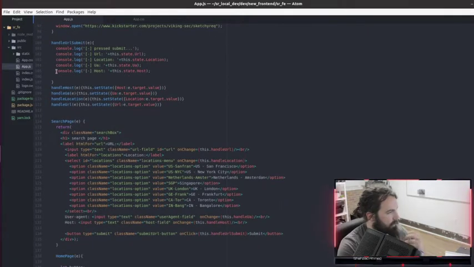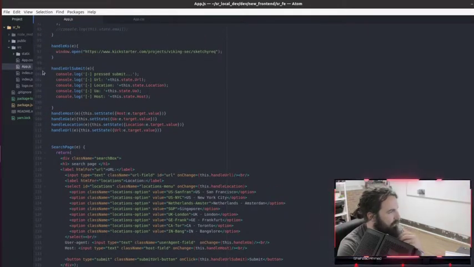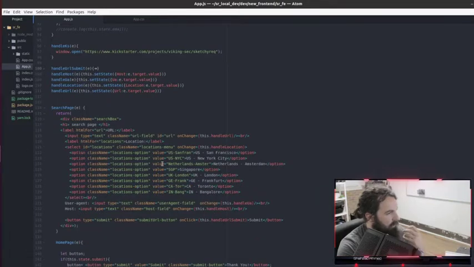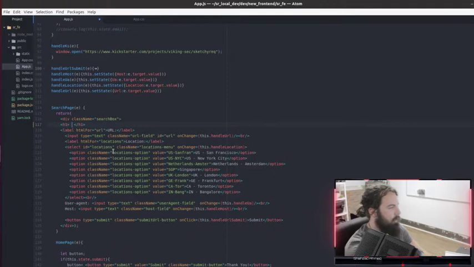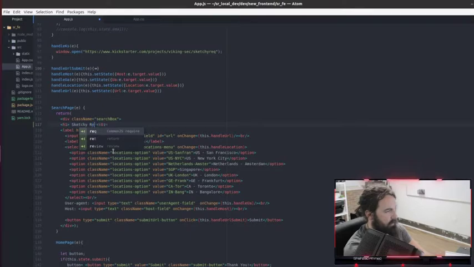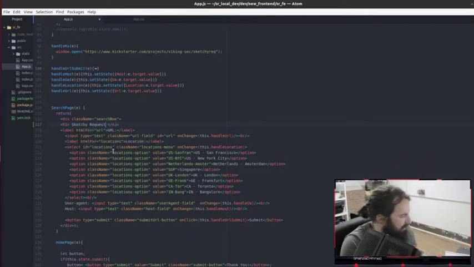All right, so this is going to be what we're dealing with right here. Go ahead and close down these functions. And let's go ahead and change search page to something like issue request, create request, something like that. Sketchy, let's just call it sketchy request. So it's not really a search, right?